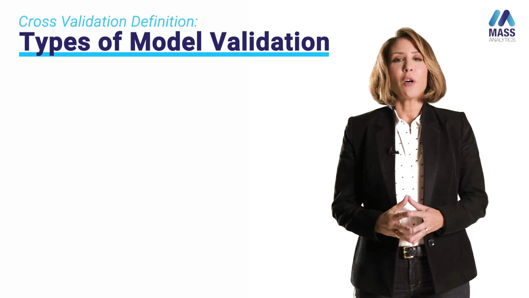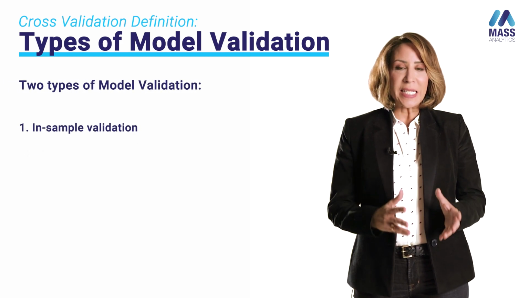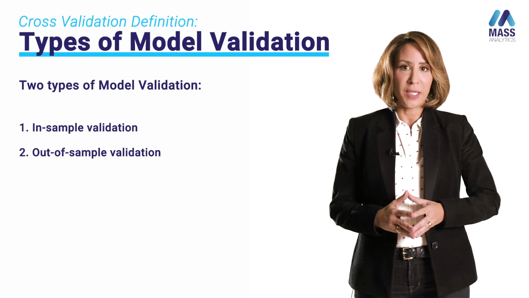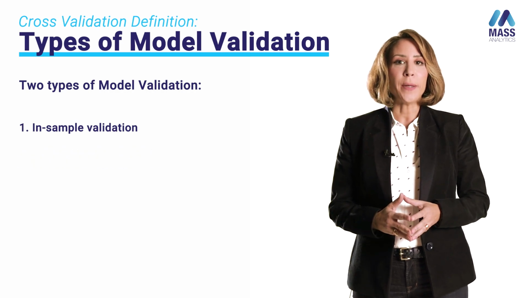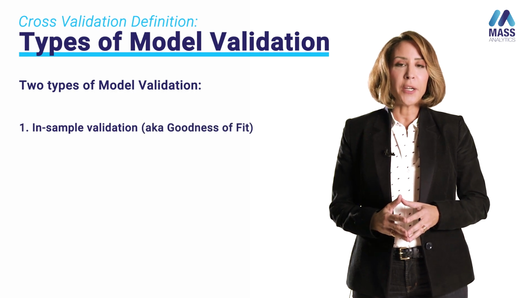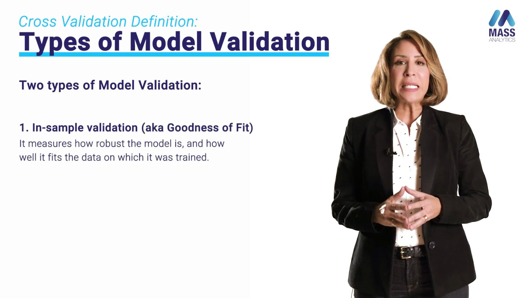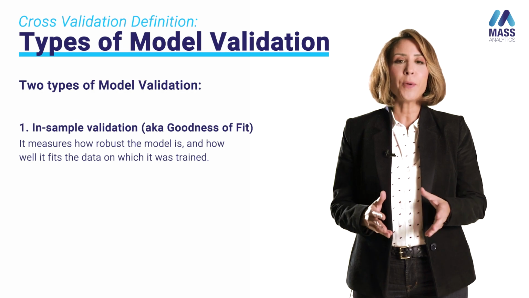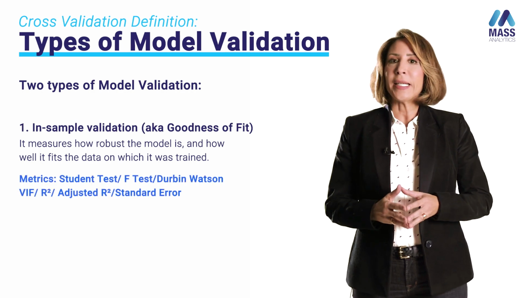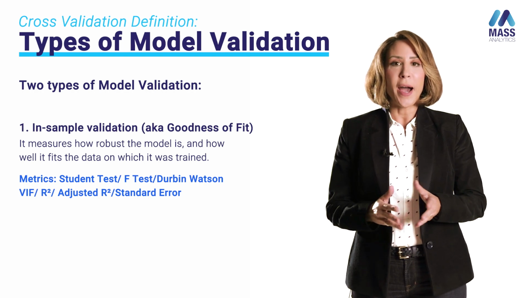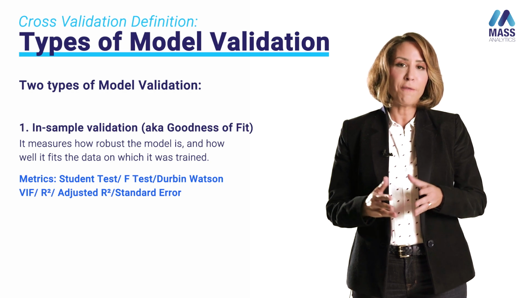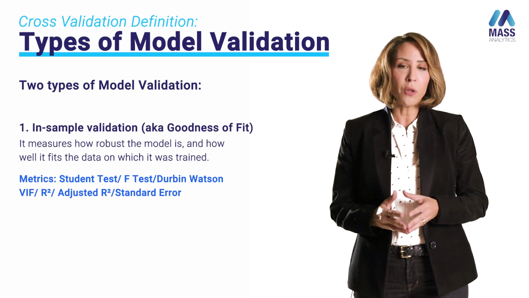There are two types of model validation: in-sample model validation and out-of-sample model validation. The first one is also known as goodness of fit. Here, it's about looking at statistics from the sample of the data that has been used to train your model. Metrics like t-stat, p-value, r-square, Durbin-Watson could be used in order to assess the viability of the model when it